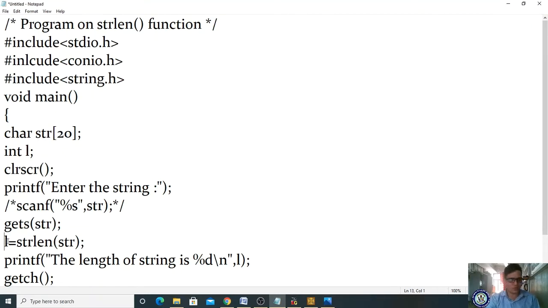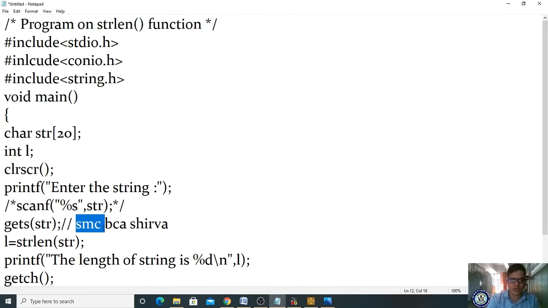Afterwards, now let us see here, l is equal to strlen of str. For example, while running my program, I have given smc space bca space shirva. So now what is the total length of this string? Please observe here, 1 2 3. After the space is also one space, right?